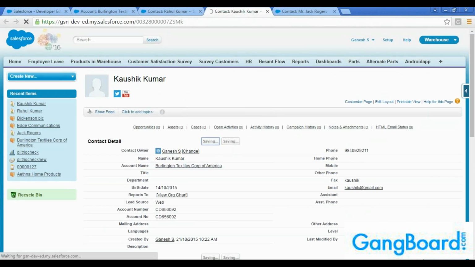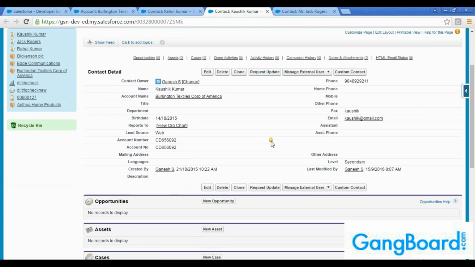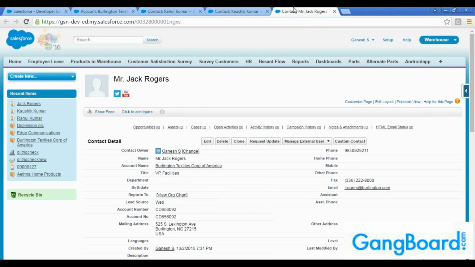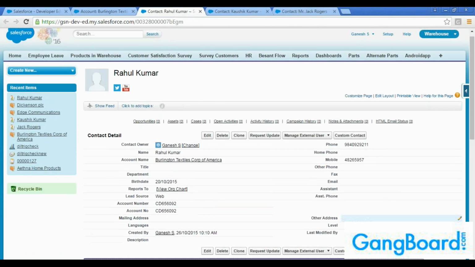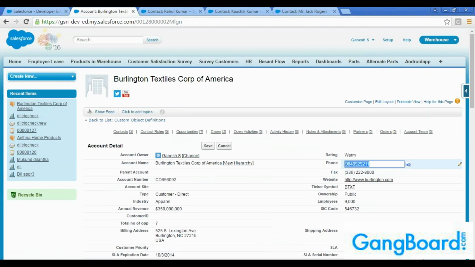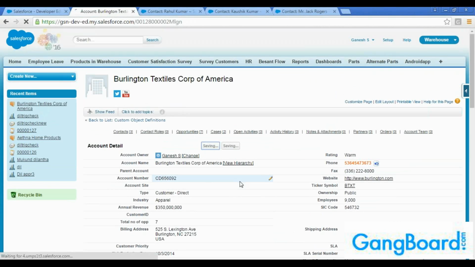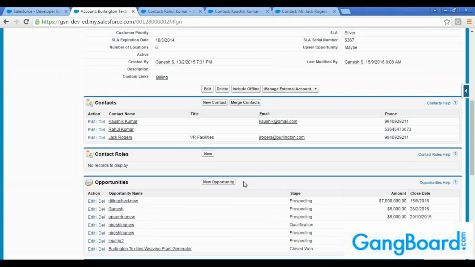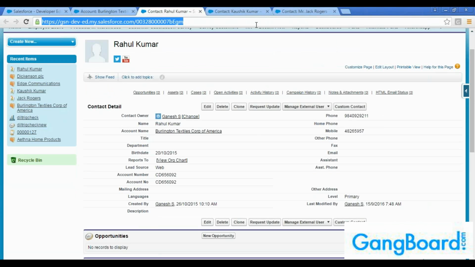So we have a secondary contact, and only one primary contact is there. If I change anything on the account object, if I change the fields, see here, only for